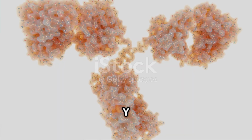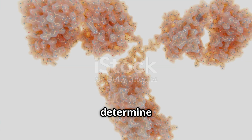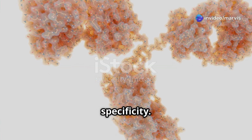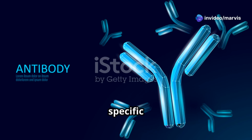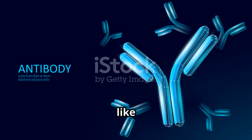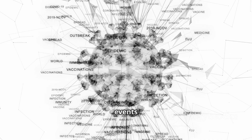The 2 arms of the Y contain the antigen binding sites, which are highly variable regions that determine the antibody's specificity. Each antibody has a unique antigen binding site that can bind to a specific epitope on an antigen, much like a key fitting into a lock. This specific binding triggers a cascade of events that leads to the